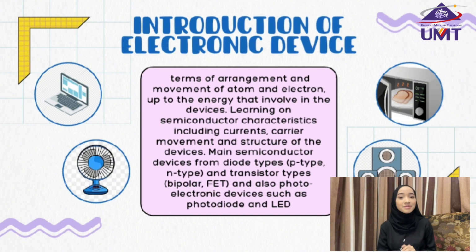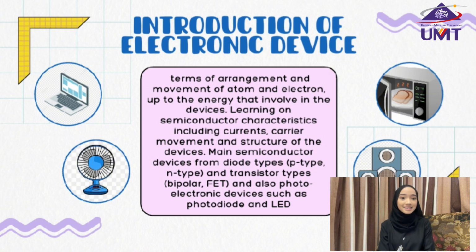I want to describe the introduction of electronic devices, in terms of the arrangement and movement of atoms and electrons up to the energy involved in the device. Learning about semiconductor characteristics, including current movement and structure of the device. Main semiconductor devices: from diode types, P-type and N-type, and transistor types, bipolar and FET, and also photoelectronic devices such as